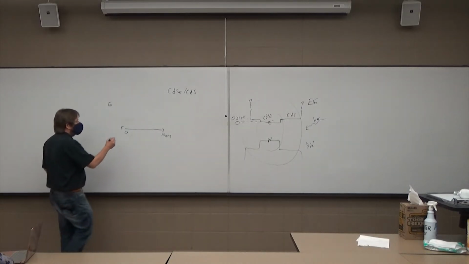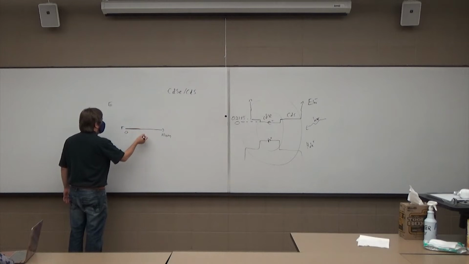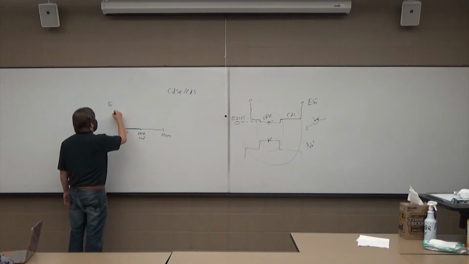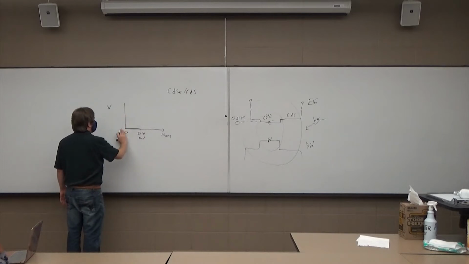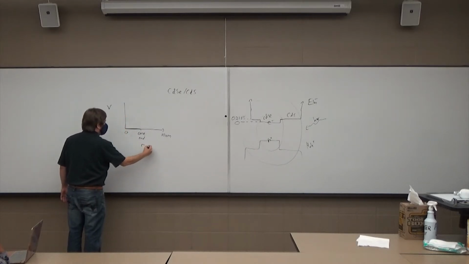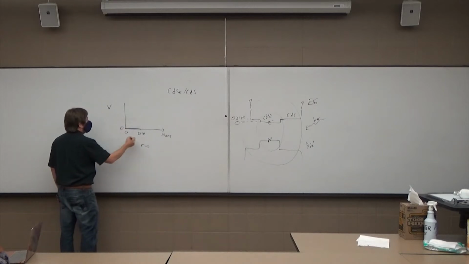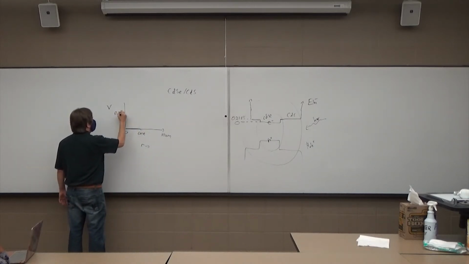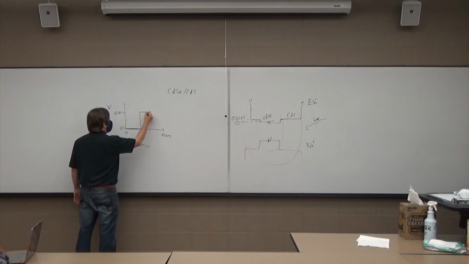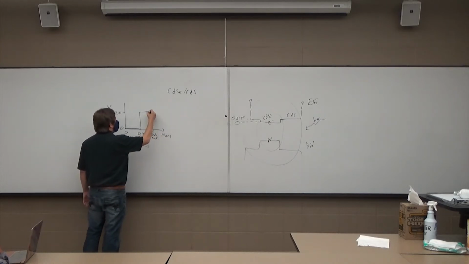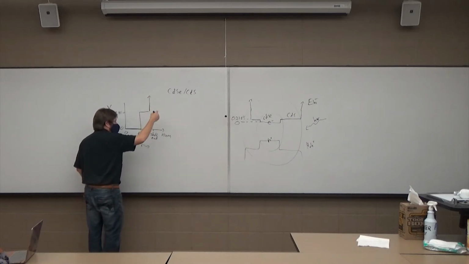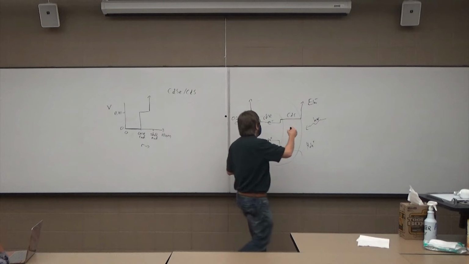Okay, so up to the core radius, you could have the potential be zero. After the core radius, you could have it jump up to the shell thickness. And after that, you could jack it up to, I don't know if I said, but in the